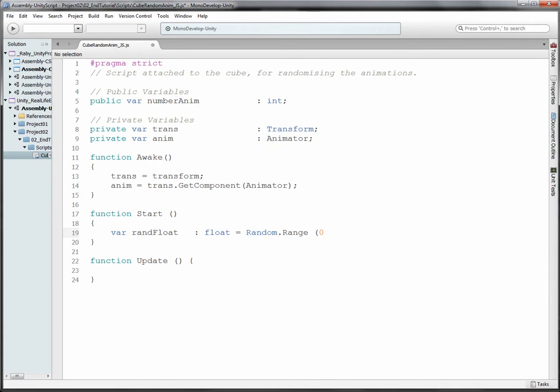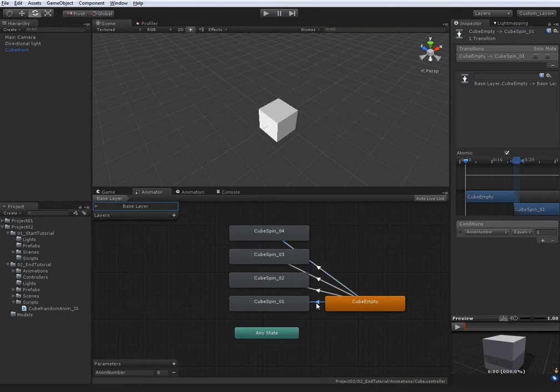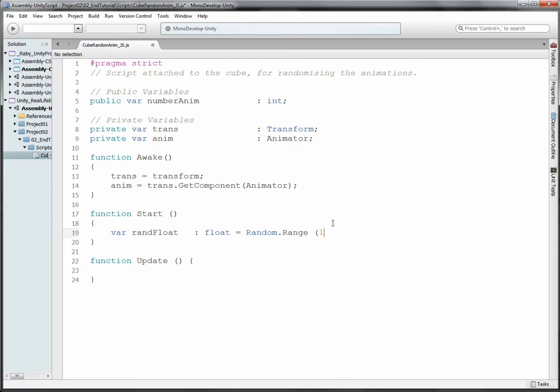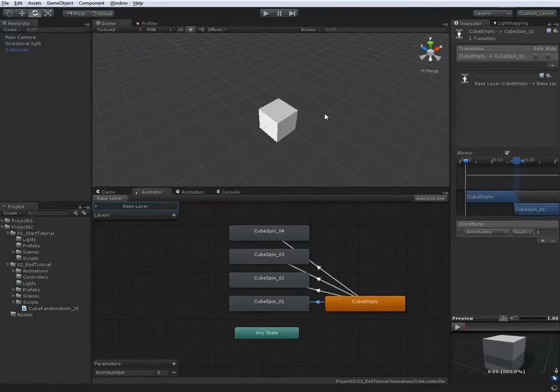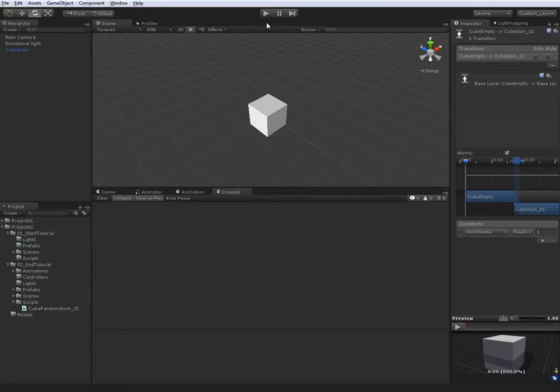and it will be from 0, actually not from 0 but from 1, because our first animation is going to be equals if it's 1, not 0, so we have to start from 1 up to number anim. But we're going to say from 1.0, because we want to show that it has to be a float. Now if we go to Unity and we start the scene,